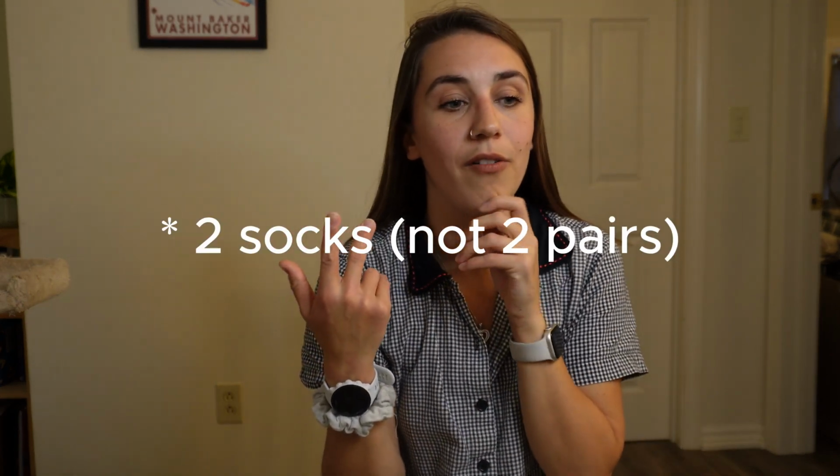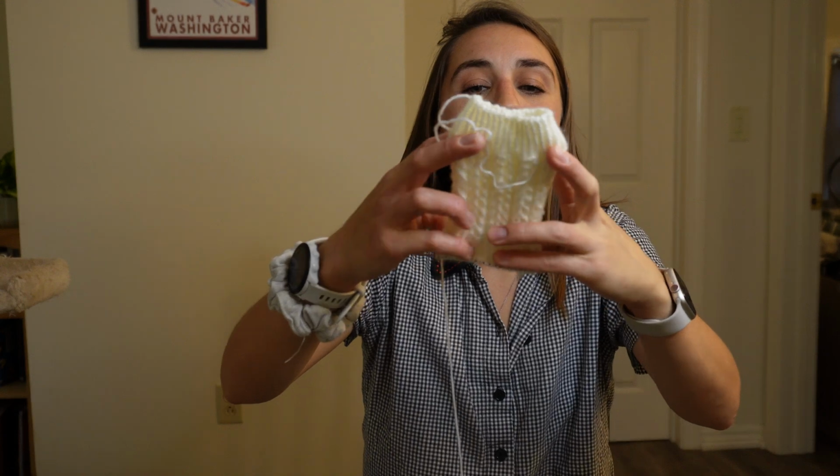So yeah, I am going to have to weave in some ends on my sock. Generally you can knit up two pairs of socks out of one skein of yarn, so the only ends you have to weave in are your cast on and when you do your Kitchener at the end. But I am going to have to weave in one pair of extra ends because I just couldn't handle it anymore. But I was thinking, because it's on the leg, I have less of a risk of it being uncomfortable,